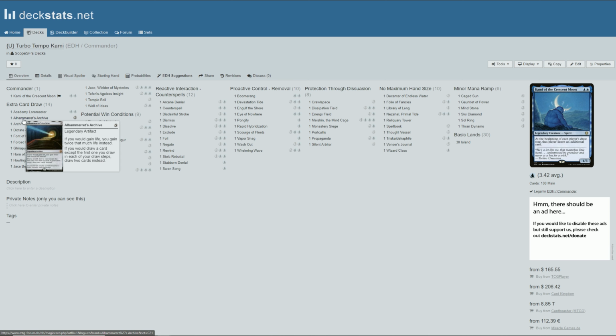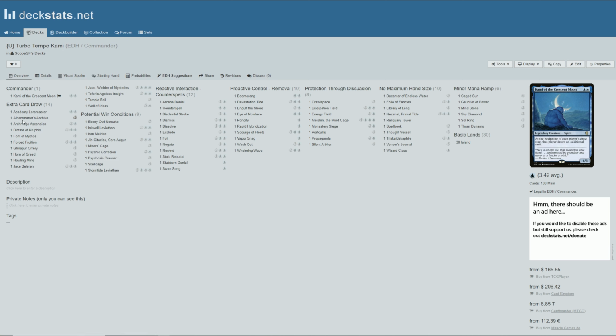The Archive, I'm not even going to bother explaining. We don't even care about the top part of the card because there isn't really much life gain in this deck. But it says if you would draw a card except the first one you draw in each of your steps, draw 2 cards instead. So just more extra card draw for yourself. But